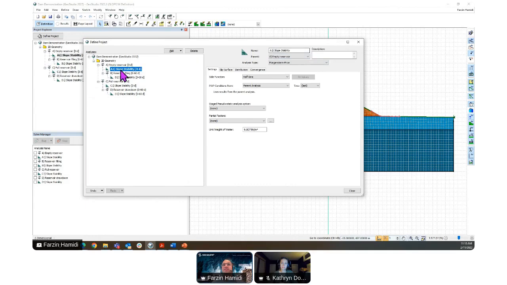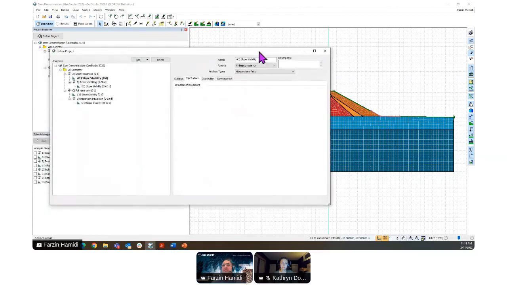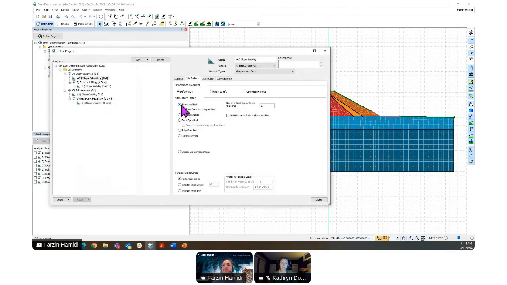As you can see, this slope stability analysis, as it appears by the name here, has a parent analysis. So the empty reservoir is a parent analysis for the slope stability analysis. We use a typical and famous generic Morgenstern-Price method for the limit equilibrium analysis, and we define a slip surface left to right. So we are going to actually assess the stability of the downstream of this dam. We can do right to left to assess the stability of the upstream as well. So at this stage, we just include the entry and exit. And that's all for the definition view.